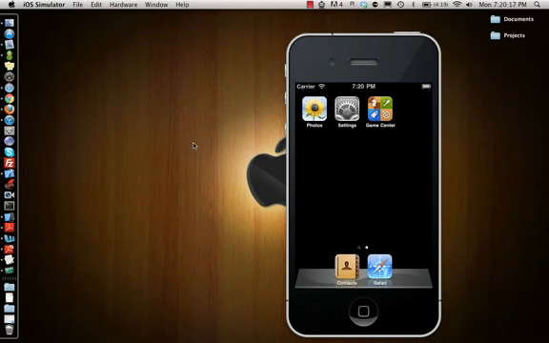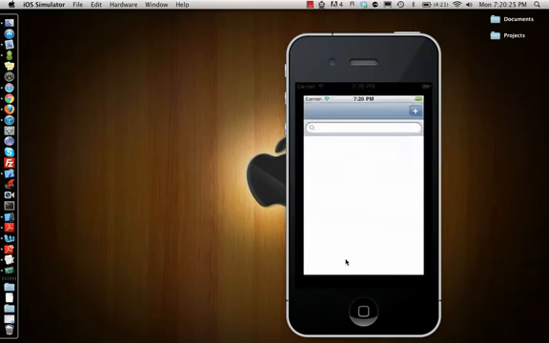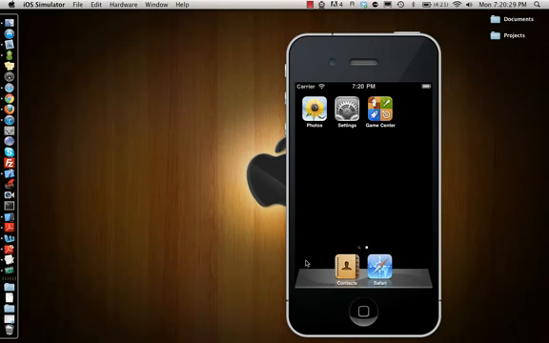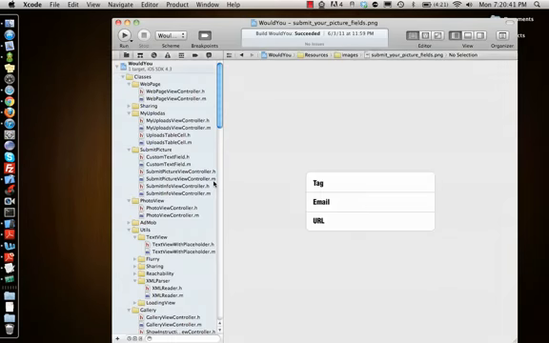Today what we're going to look at is UITabBar controllers. Now you might have seen some application like a phone application which has at the bottom contacts, recent calls. There's a black tab bar, and that has a bunch of different tabs in it. So we're going to make something like that using